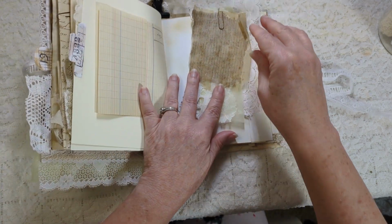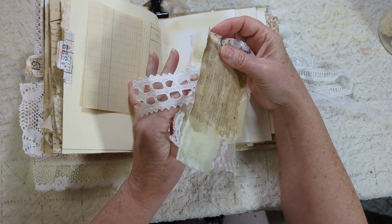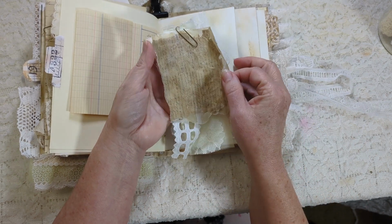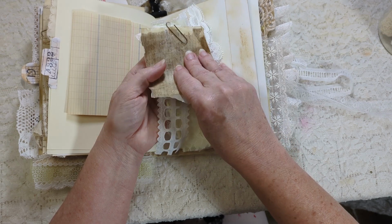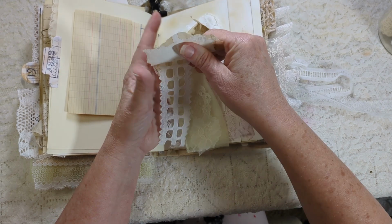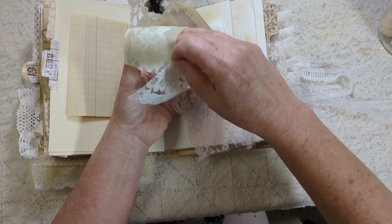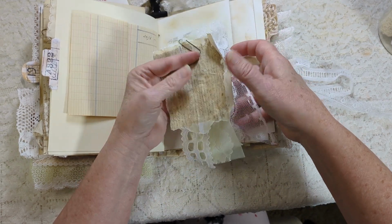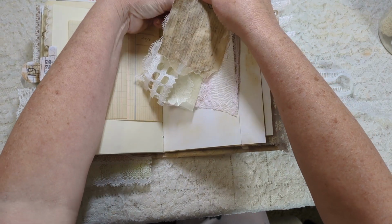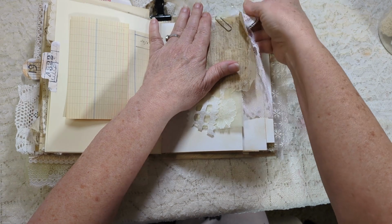More of that antique ledger. This I did not glue or staple together because I thought there were some pieces that you might want to use later. So all of these are just held together with this vintage paper clip. And I've got some script here on parchment, so we get that beautiful crunchy sound. And how pretty is that? And then bits of trims and laces from the Lavish Laces. Gisela from the Lavish Laces. I'm sure y'all all know who she is, but for those that might be new,